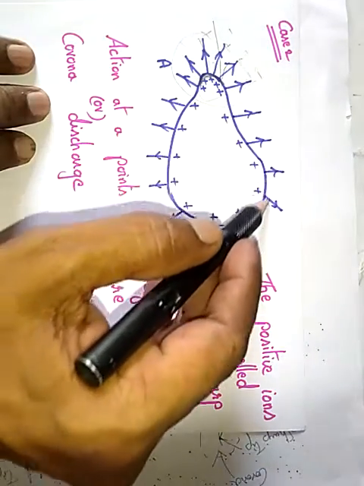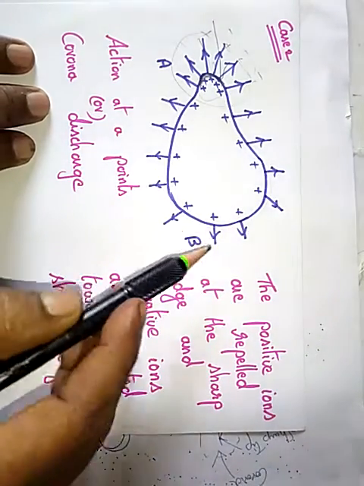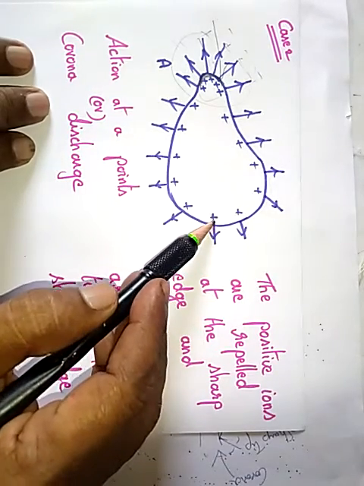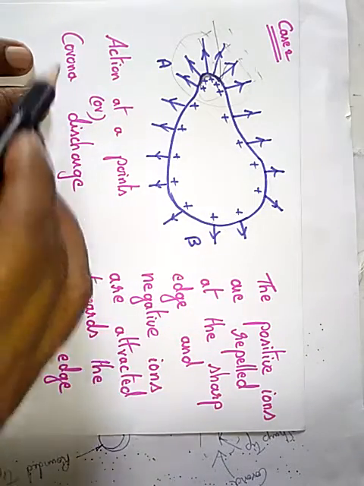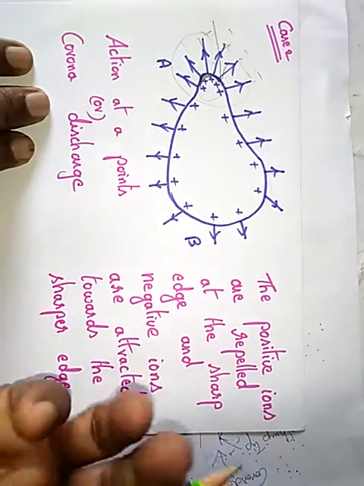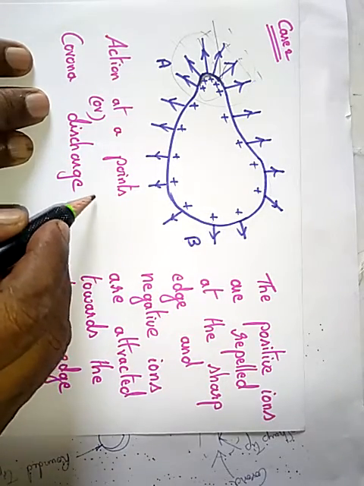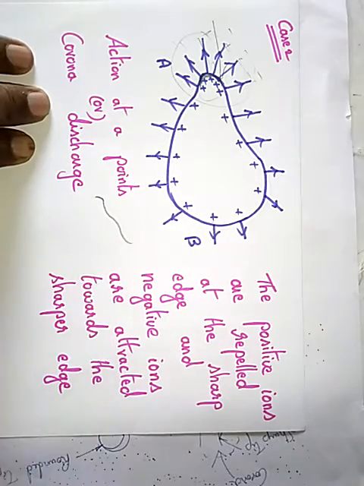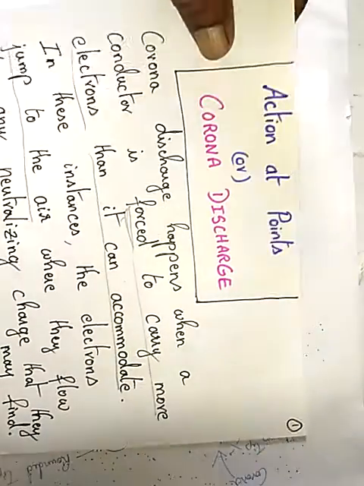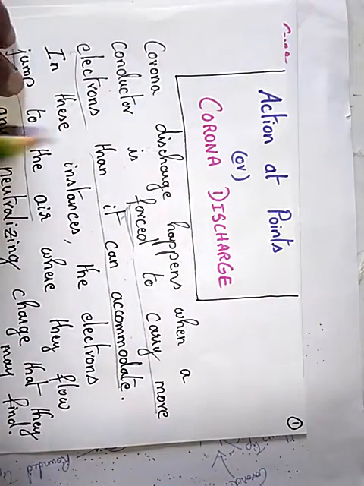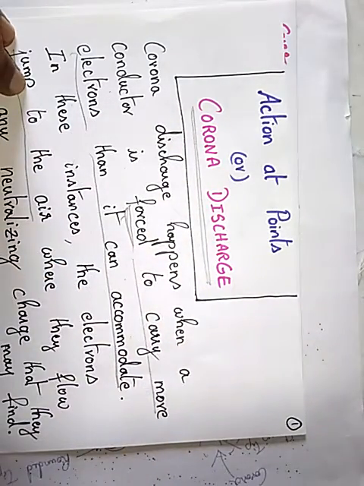In all other cases, since the surface area at these points is very big, it can accommodate more positive charge. Therefore, we call it only a leakage and not a discharge. So in corona discharge, we can see it in the form of glow. That means you can see the light as well as heat, and it will be in the form of a blue kind of arc. So that's all about corona discharge, or we can call it by a common term, action at points. This is due to electrostatic discharge into the free space.